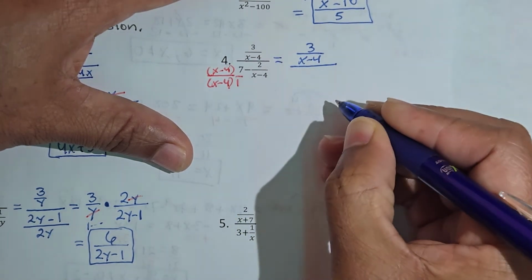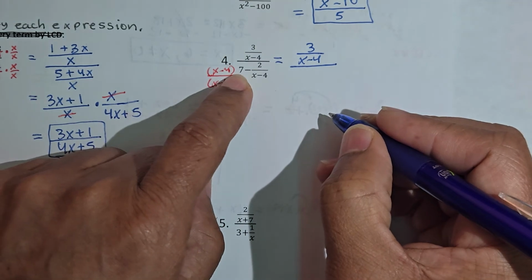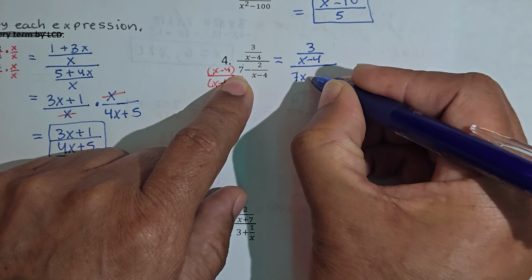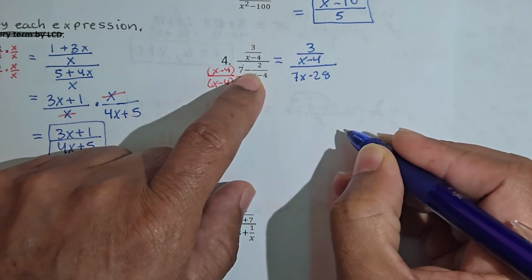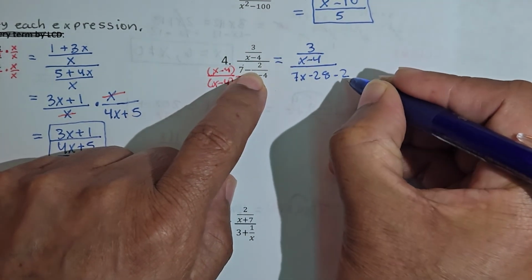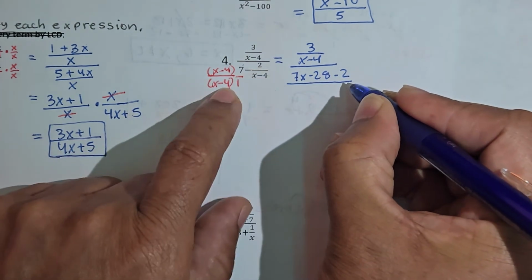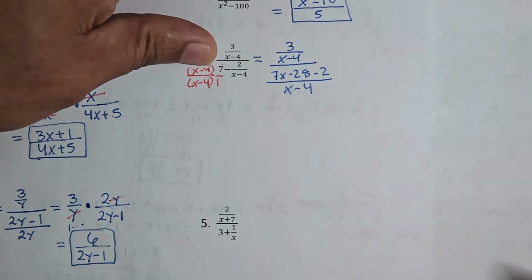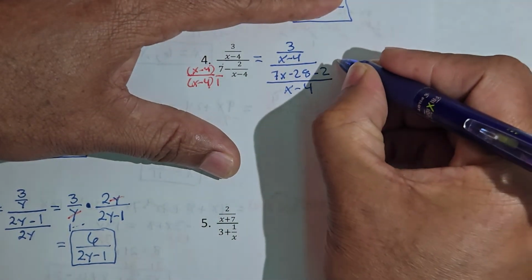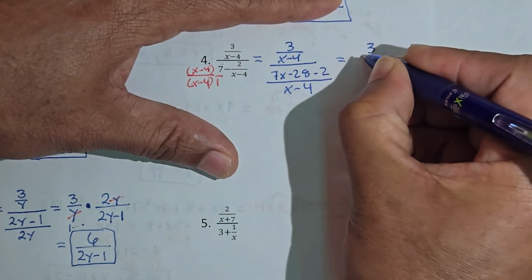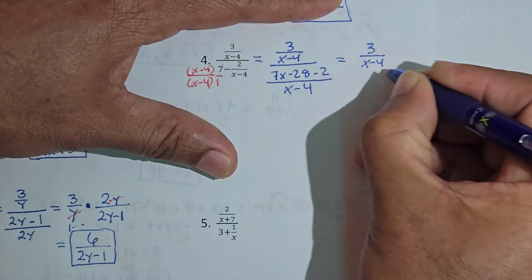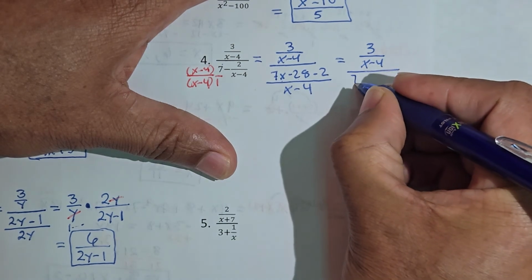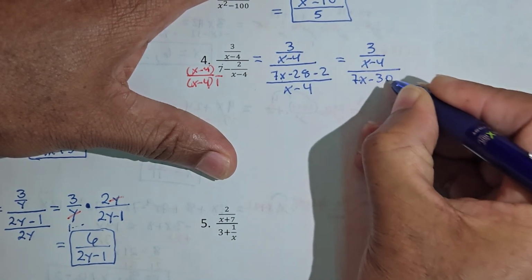And then the denominator. This one here, you're multiplying 7 times x minus 4. So distribute 7 times x. It's 7x. And 7 times negative 4, that's minus 28. But then we have a minus 2 here. Okay, so there's a minus 2. That's this part. Now both of these expressions have x minus 4 in the denominator. So then combine like terms. So this is equal to, leave this one as it is, so 3 over x minus 4 divided by 7x minus 28 minus 2. This is 7x minus 30